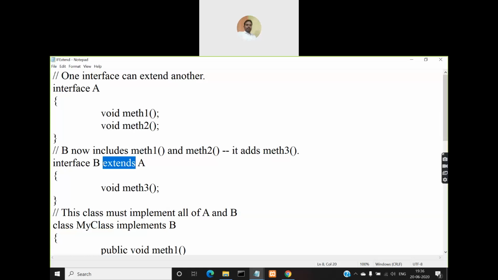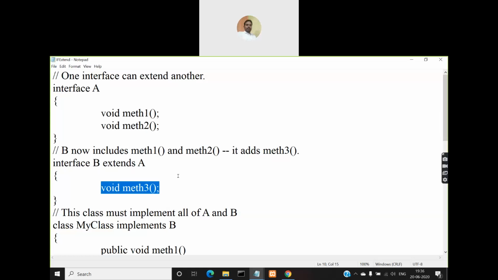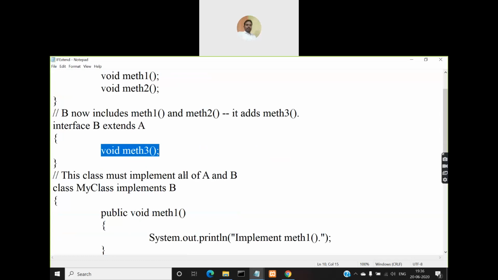So now in interface A we have defined two methods, met1 and met2. By extending B with A, B will also get these two methods, met1 and met2. That means met1 and met2 will become members of B interface also. Apart from those, we are defining an exclusive method called met3 in interface B. So as a result, interface B now will have totally three methods.